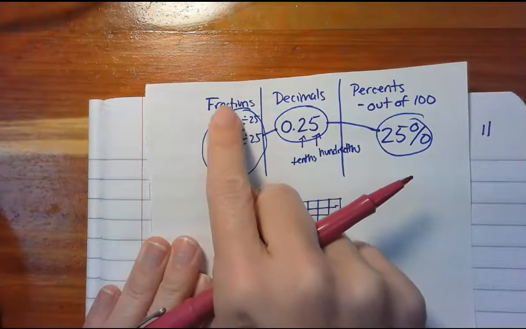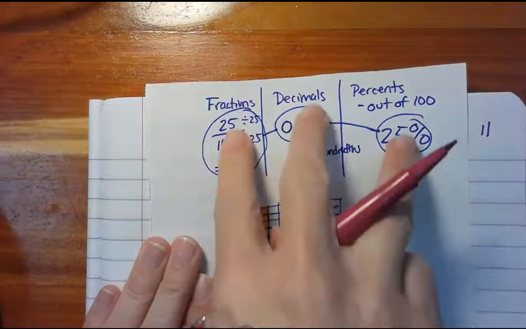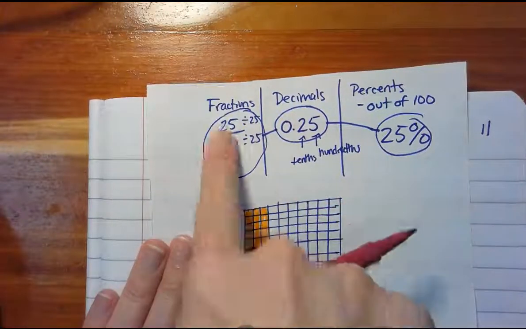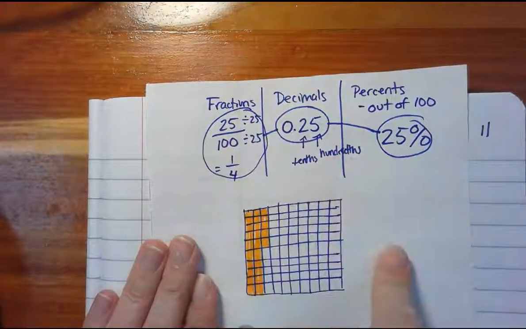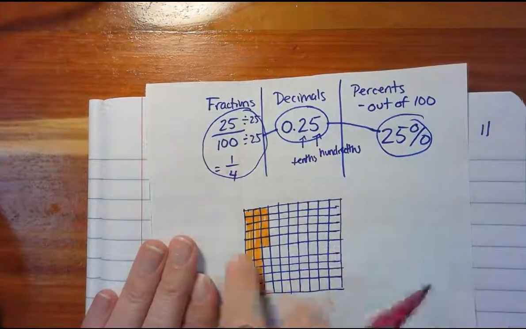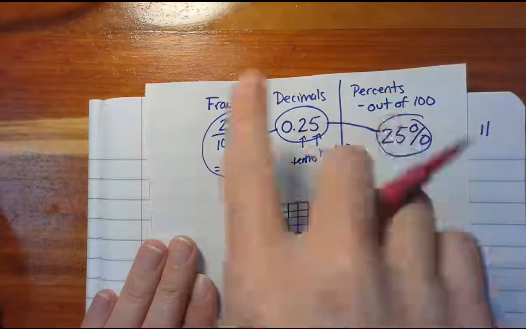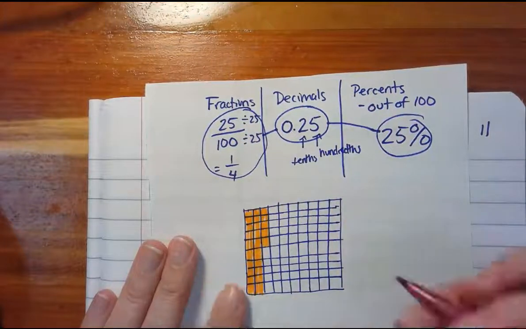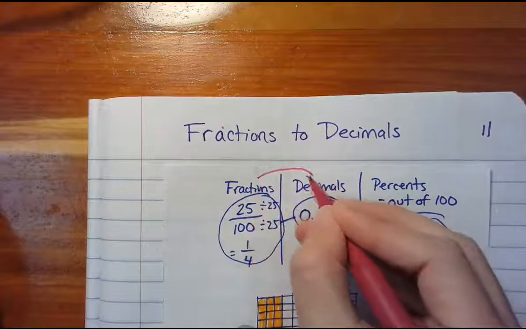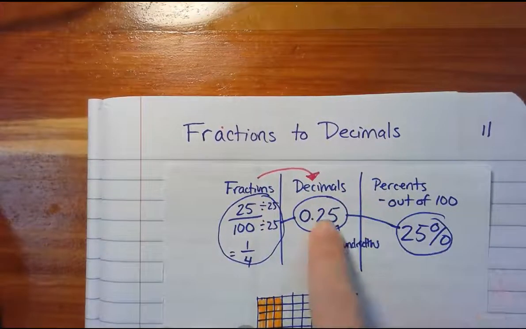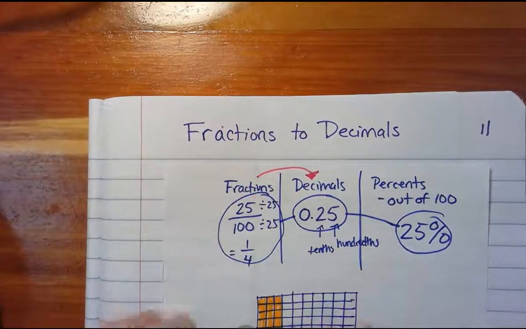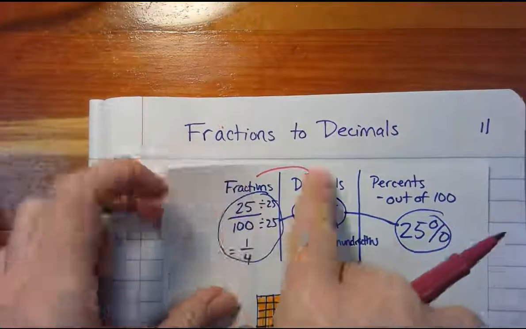So you can almost think about fractions, decimals, and percents as different languages, but they're all saying the same thing. So we could say hello, we could say hola, and we could say bonjour in English, Spanish, and French, but they would all mean the same thing. They all mean hello. And so again, fractions, decimals, and percents are just different languages of representing the same thing. So today, of course, we've already written our title, and today we're going to focus on going from fractions to decimals. Now, we're going to go from decimals to percents and percents back to fractions. We're going to go between them all, but today we're just going to focus on this one thing,